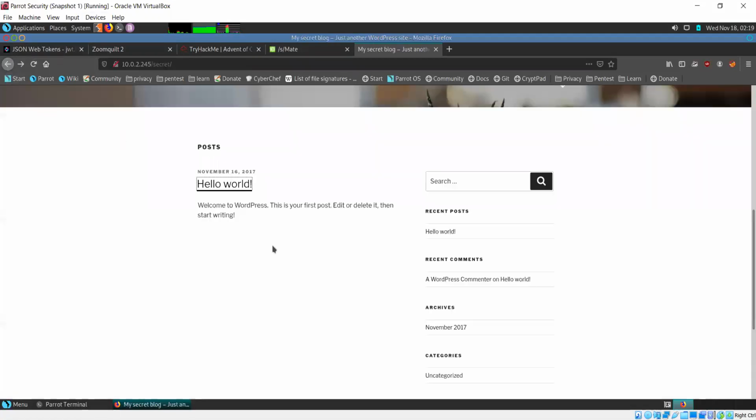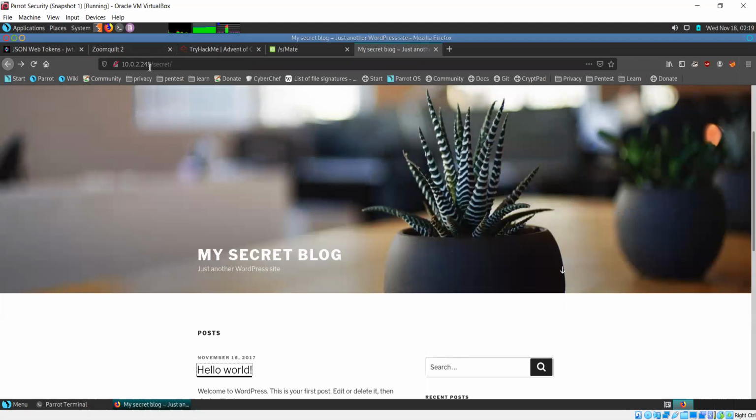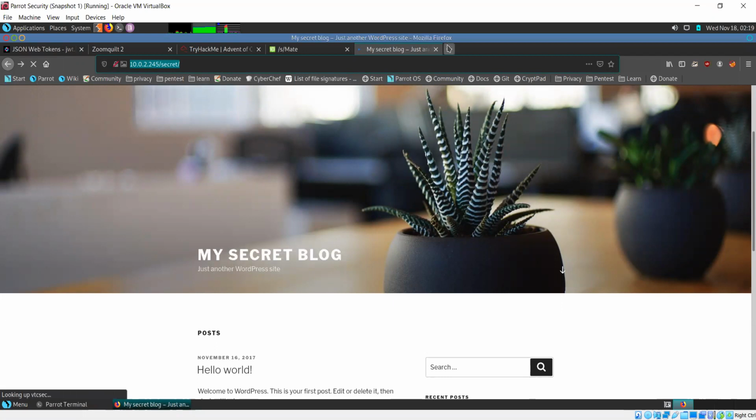So far what we are doing is we are accessing this 10.0.2.245 slash secret. Let this page refresh.